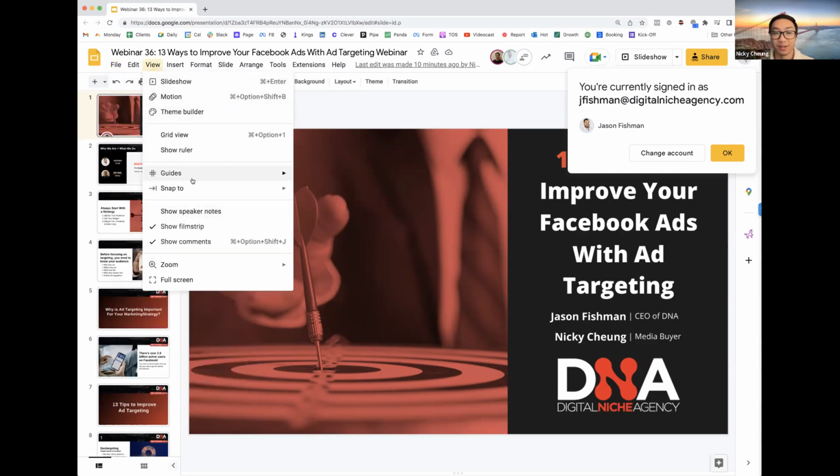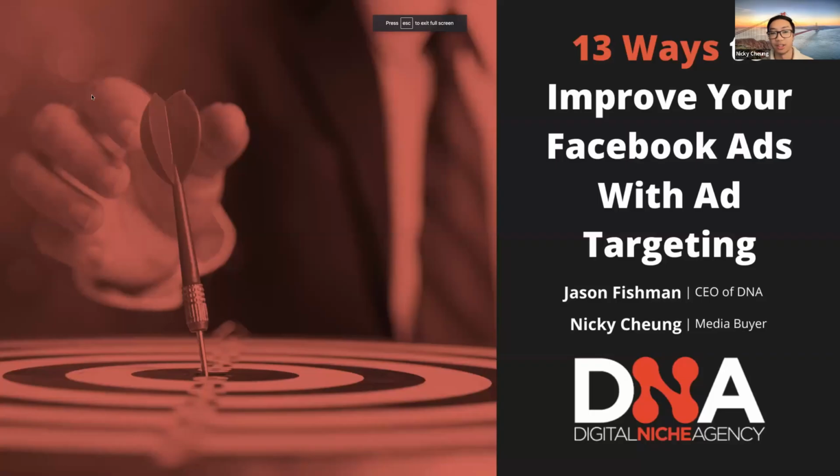Targeting is there in the background. We need to be delivering our ads to the best audiences, right? Imagine you have an amazing ad, but you're just not hitting the right people. The ad's not resonating with your target audience. Well, you need to be targeting the right audience for your ads to convert, right? You'll see a higher conversion rate if you target the right people, whether it's in the right location, whether it's more detailed targeting, better placement. If you're seeing your ad perform in a better placement, that's targeting as well. So make sure you have targeting down, or else you're going to have a harder time seeing conversions.